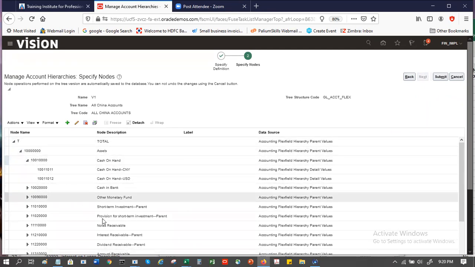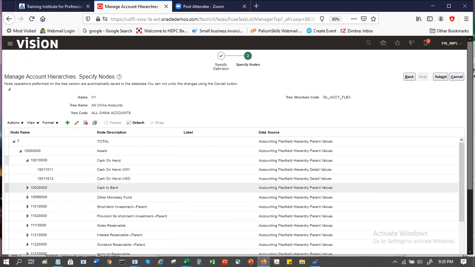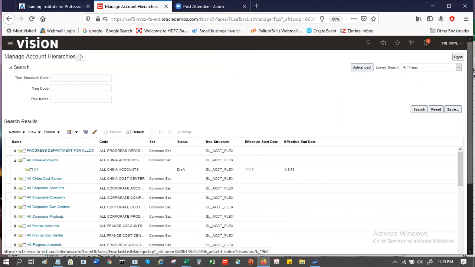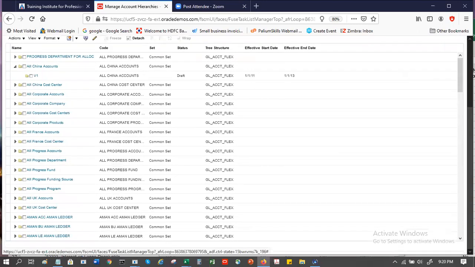So this is the hierarchy that you are creating. Parent and the detail values and all that. So we have total 9 levels, right? Parent to child hierarchy. Yeah. And scroll down. Not more than that.